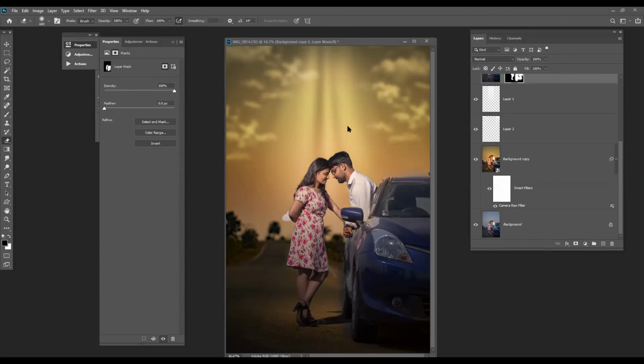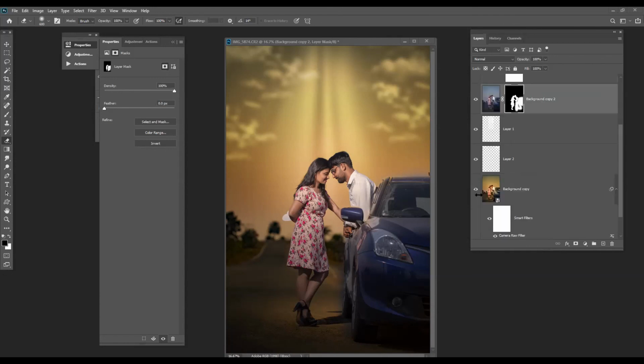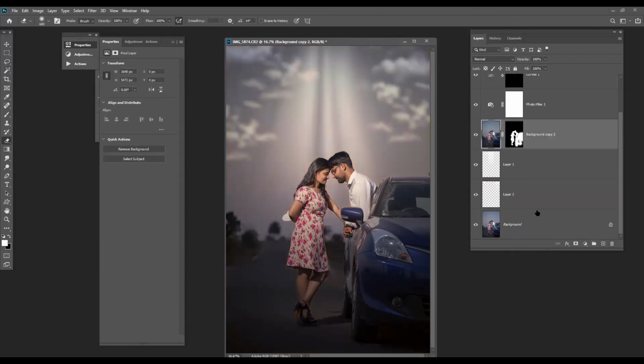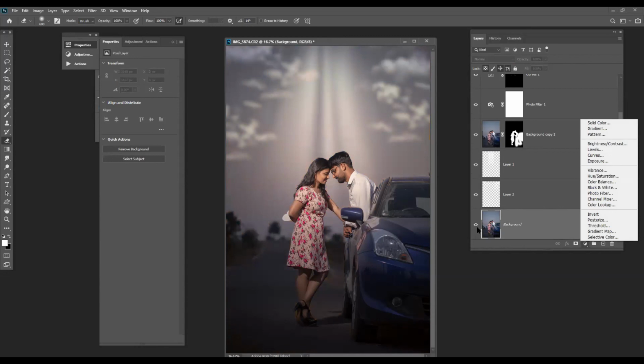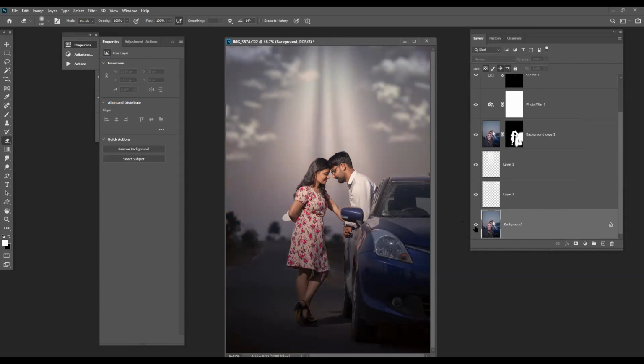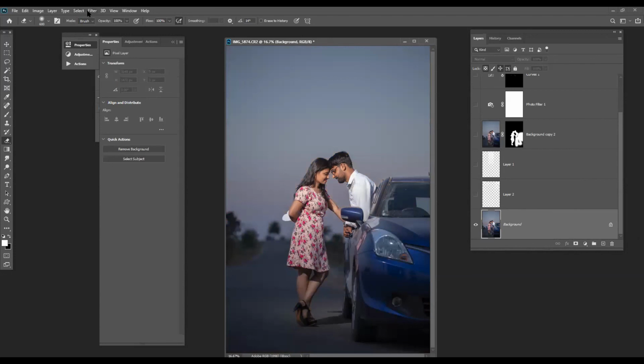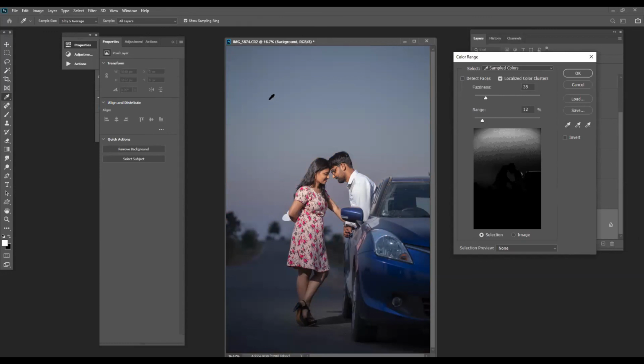Now, if you don't have CC, you can go inside Camera Raw and we can do the same. We will keep the clouds and this intact like this. We will just remove it. First take the base image, select the base image. Now we will go to color range and start picking out colors. Take a base color and start picking out colors from that range.